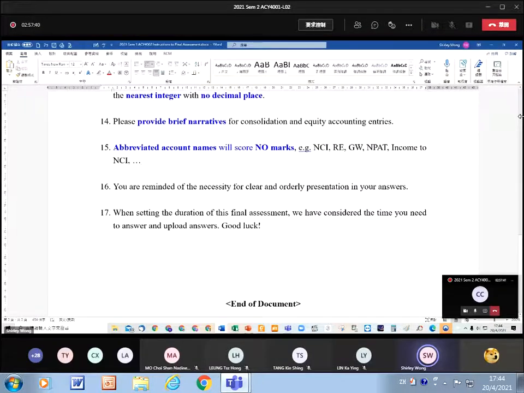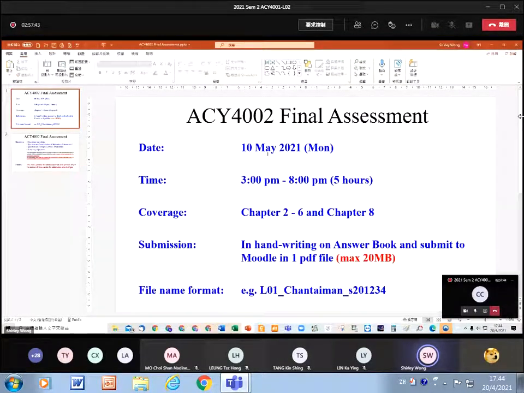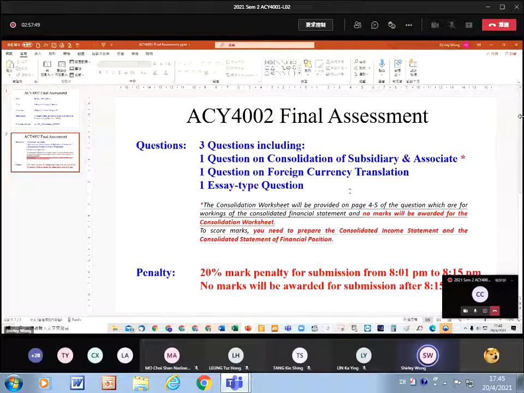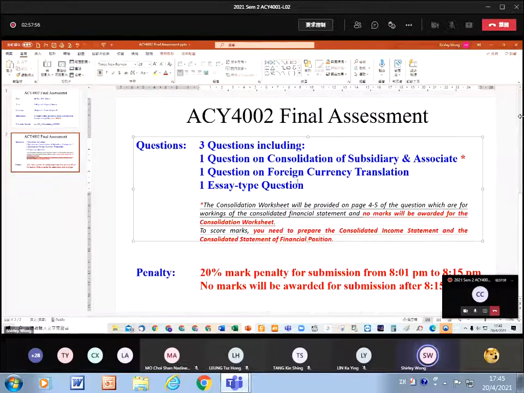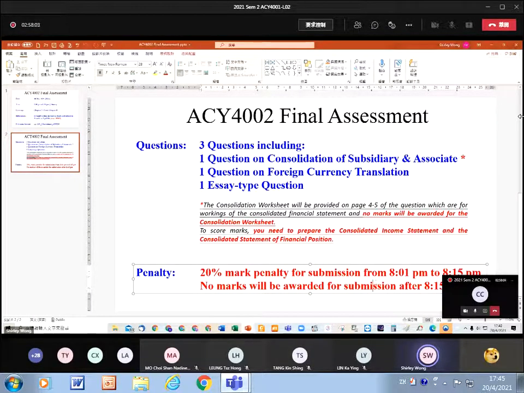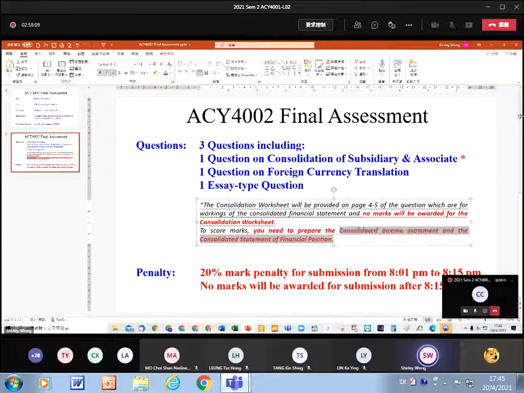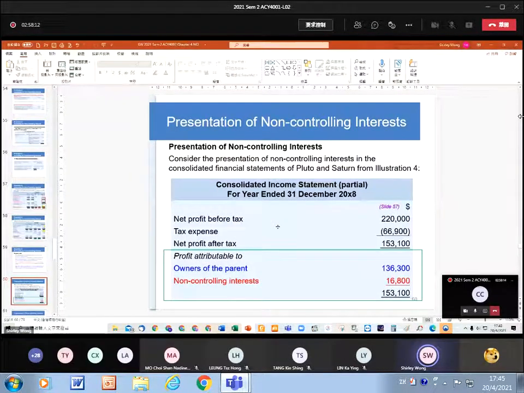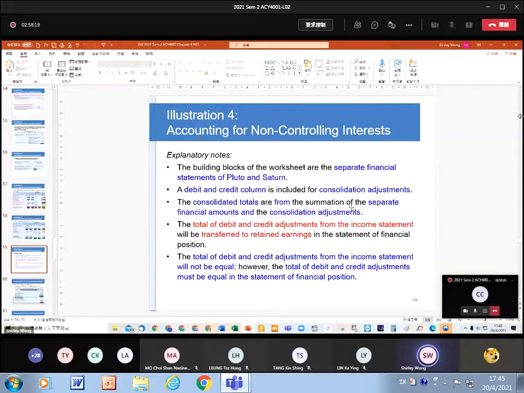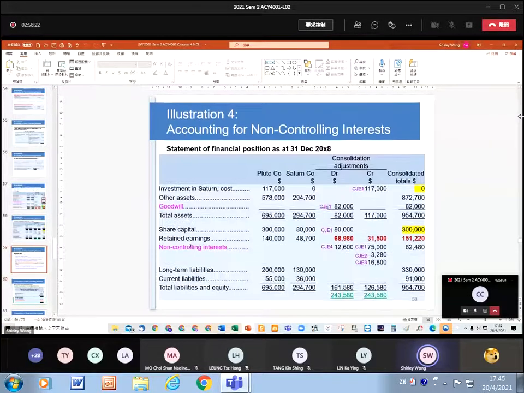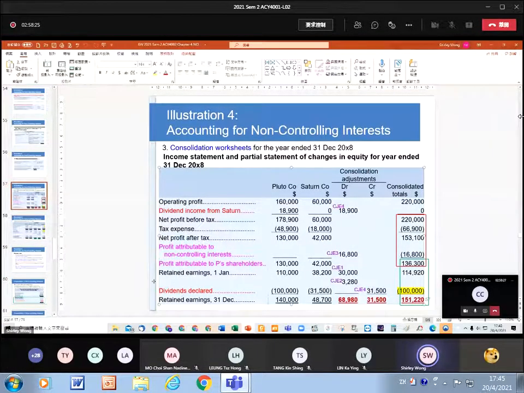好，亦都睇翻，呢度有個簡短版：5月10號、3至8點、Chapter 2 to Chapter 6 同埋 Chapter 8、handwriting。另外我哋有3條題目，亦都係提你，個 consolidation worksheet 冇分，你要做 consolidated income statement 同埋 consolidated financial position。另一條係 foreign currency translation，一條係 essay type。另外，遲15分鐘就扣20%，15分鐘之後就係100% 扣晒。好，呢度要做 consolidated income statement 同埋 consolidated financial position，即係要點做？你可以去翻我哋 Chapter 4，其實教你，我哋做個 worksheet，做完 worksheet 之後將啲嘢抄翻一次，淨係要第一個 column 同埋最尾個 column 就已經夠。而 income statement 抄到 net profit after tax 就得，唔需要抄後邊 retained earning 嗰部分。